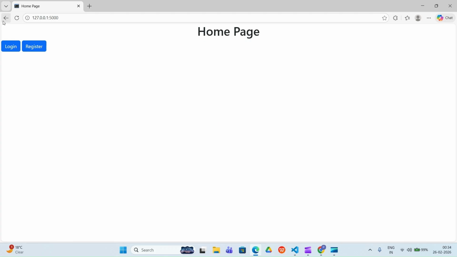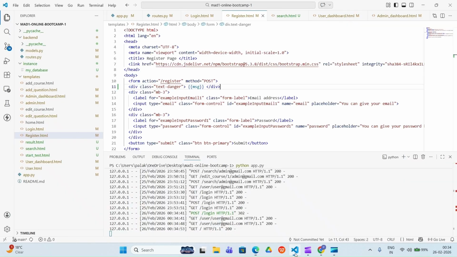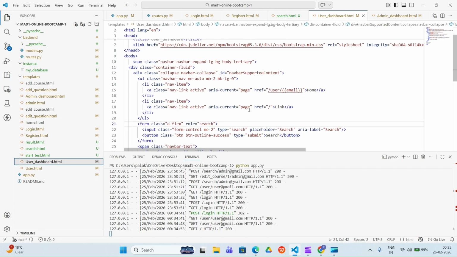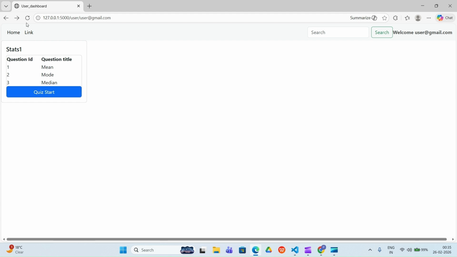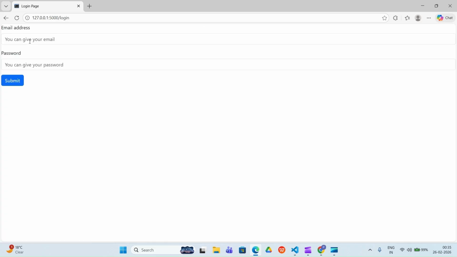The other is our logout link. Let me go to the user dashboard.html, remove this link and write logout here. Now we will be able to see this logout here. Let me refresh it, and now we can see logout. When I click on this logout, we are back at the login page.